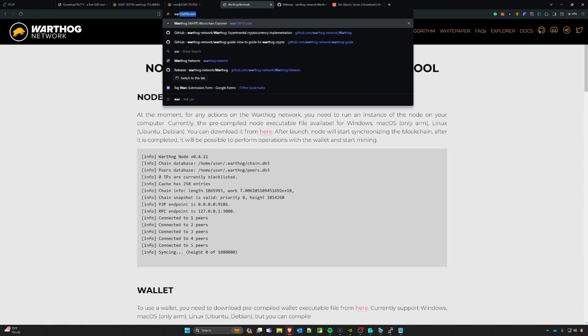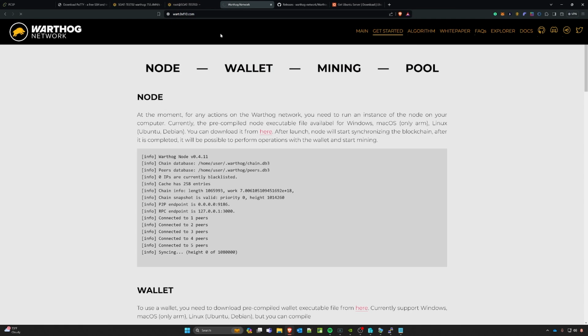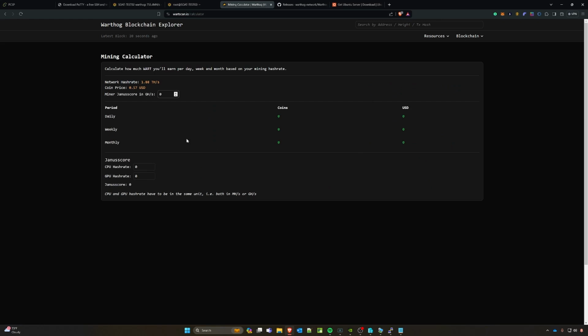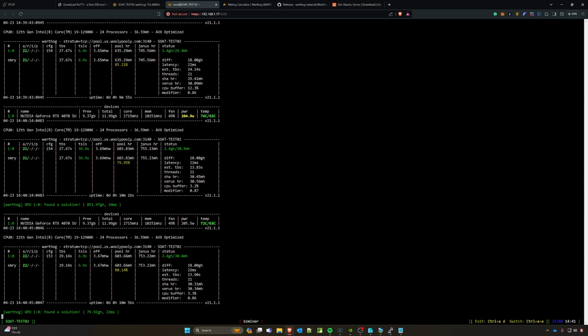Where you can go ahead and check this, though, is on the Warthog Block Explorer at wartscan.io is what it is now. They did redirect that now. There's a mining calculator here. It doesn't include power, so you will have to calculate your power separately, but we could take our Janus hash rate of